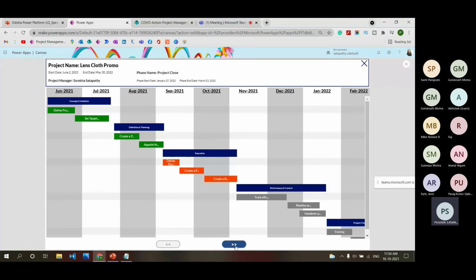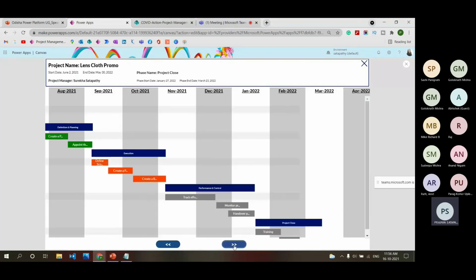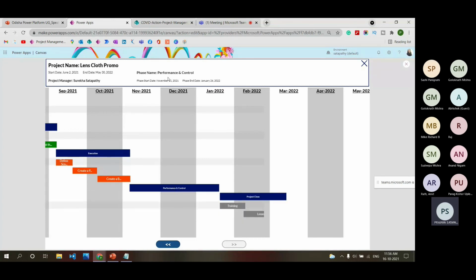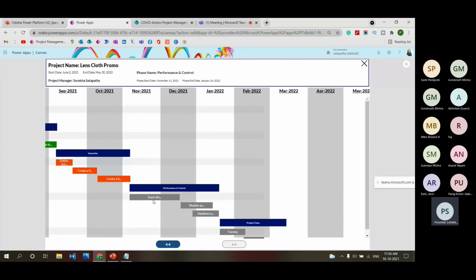Because this is placed till February, when I click on the next button, it will go to March, April and May. Then this is disabled. When I click on the previous button, the tasks are also showing in a proper manner. This is from November 11 to January 26, and the task from 11 November to December 23.